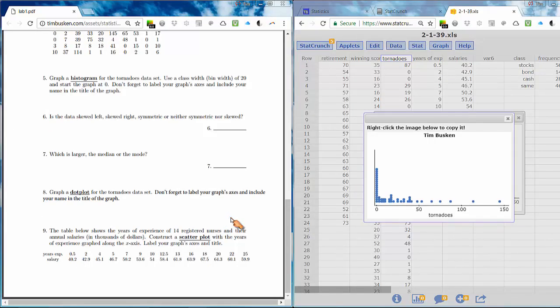So the last thing to do here is problem 9 on the lab. In problem 9, we're given 2 rows of data. It shows the years of experience of 14 registered nurses and their annual salaries in thousands of dollars. We're asked to construct a scatter plot with the years of experience graphed along the x-axis, and so salary will be graphed along the y. Don't forget to label your graph's title and axis. Alright, so to get that done,